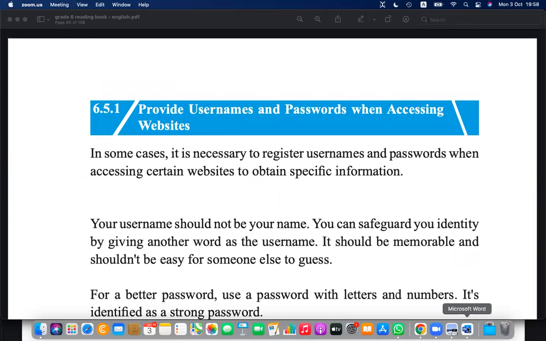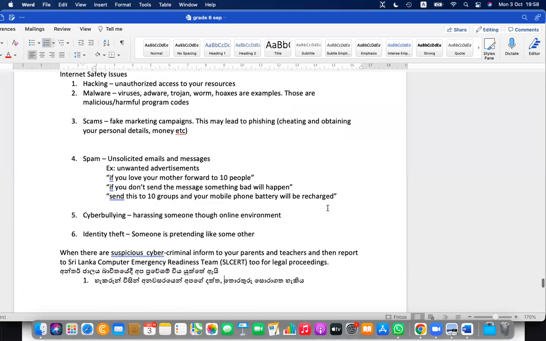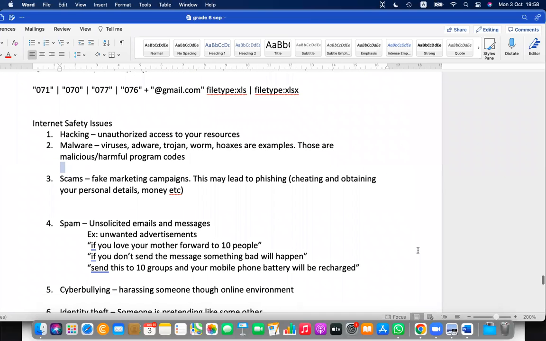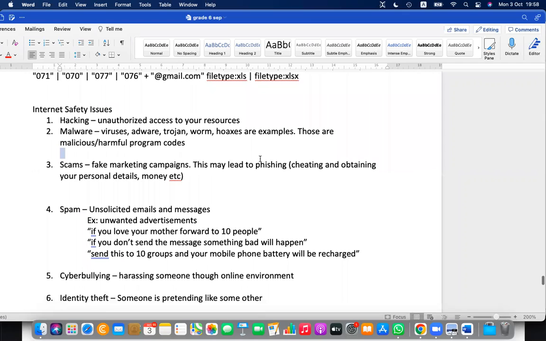And before that, I think we can write down some notes about that. That is already there in your note. We have added that to the note. And these are the internet safety issues, right? So what are the safety issues? So basically,